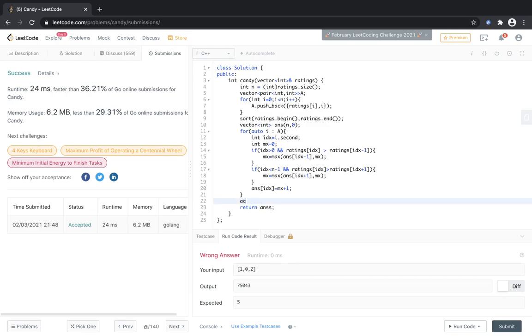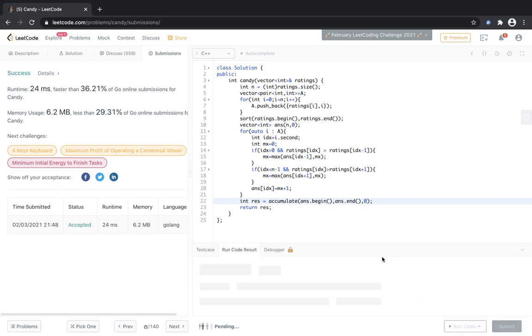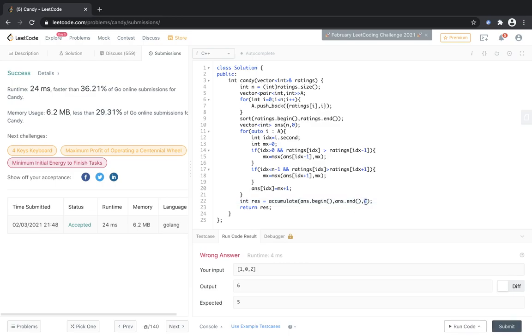and we just need to return the accumulate from answer dot begin. I don't know whether this will work or not. So accumulate just adds every value to the initial value 0 while going from beginning to end, and this doesn't work. And I don't have much idea why.